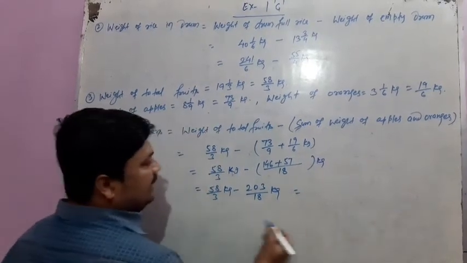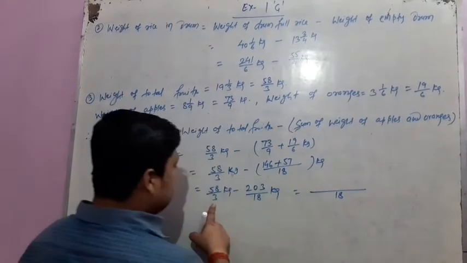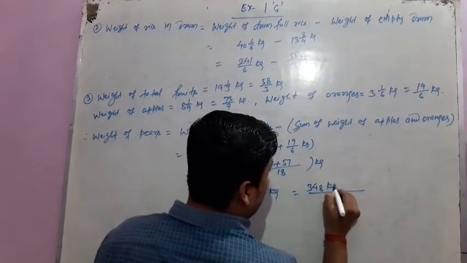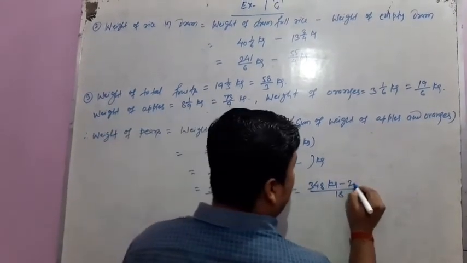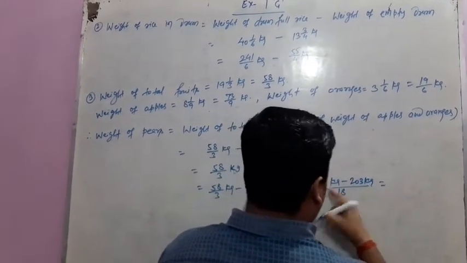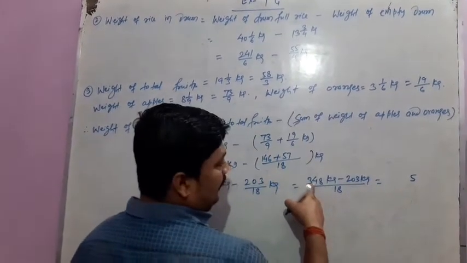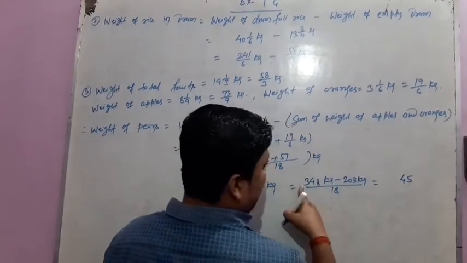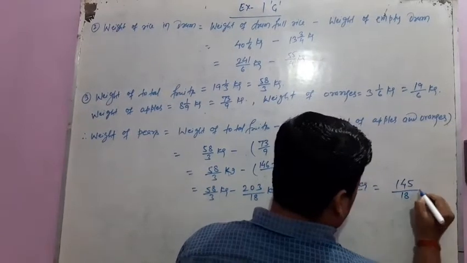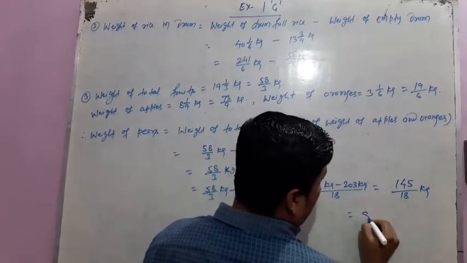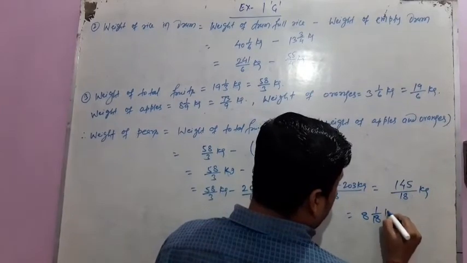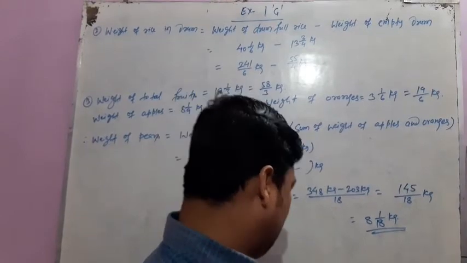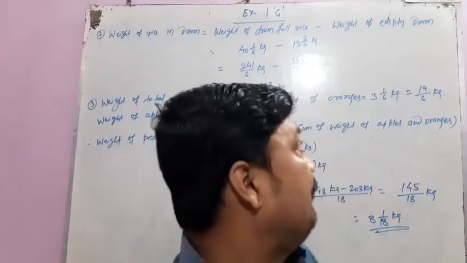Now taking the LCM of 3 and 18 is 18, 3 6 the 58 6 the 348, 18 1 203 kg. 8 minus 3 5. Here 4 minus 0 0 and 3 minus 2 1. 18, 8 is 144, 8 whole 1 by 18 kg. That is the weight of pears. Okay, now moving on next question, but before we have to make it clear.